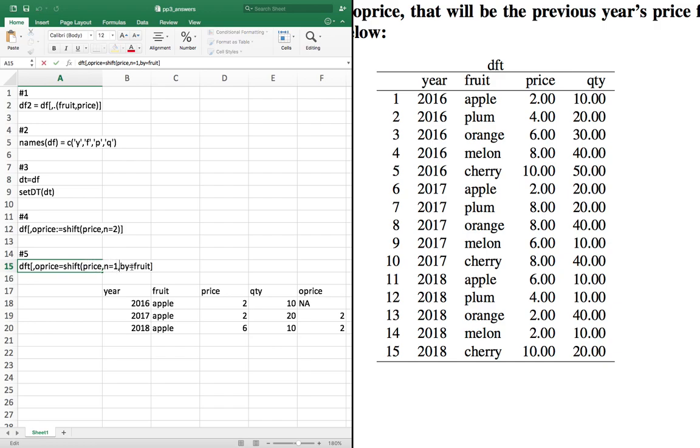Let's do it here. Comma. There you go. This is the answer we're looking for. Shift price n equals 1, comma, by equals fruit, and then we'll get the right answer we want for number 5. Okay? When you're doing this, when you have that by piece, that third piece right here,